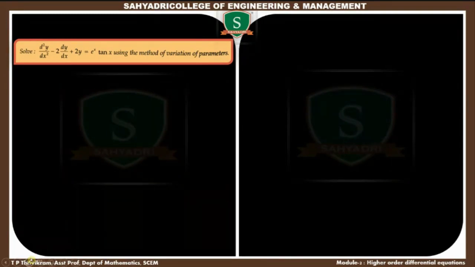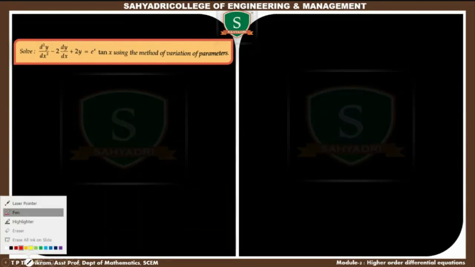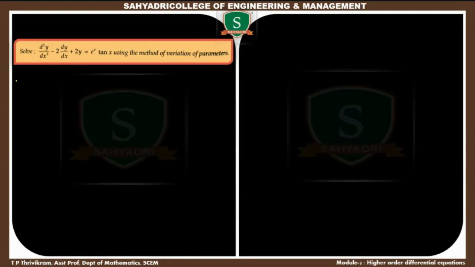So this is a previous year question paper. That means previous year question. So this is nothing but D square minus 2D plus 2 into y is equal to e power x tan x. Okay, so implies